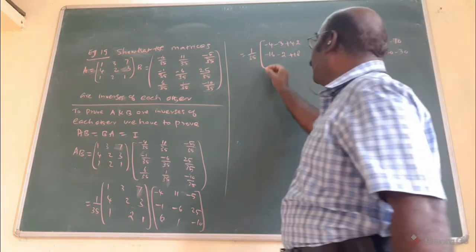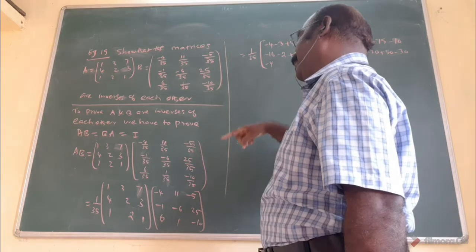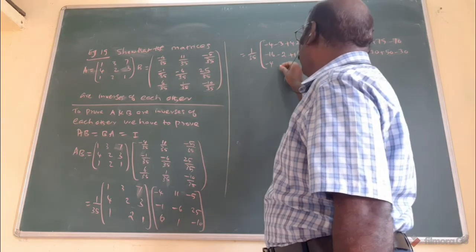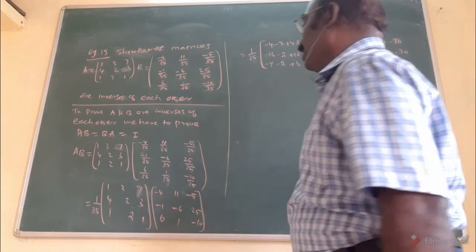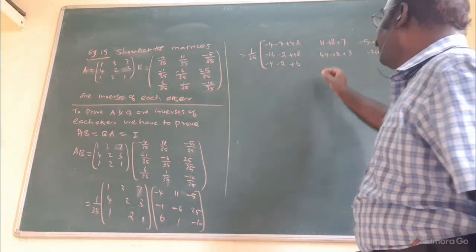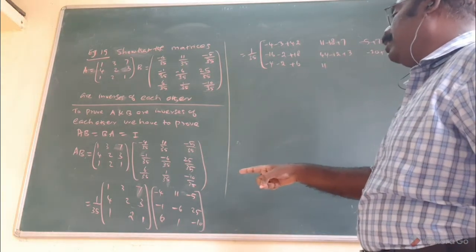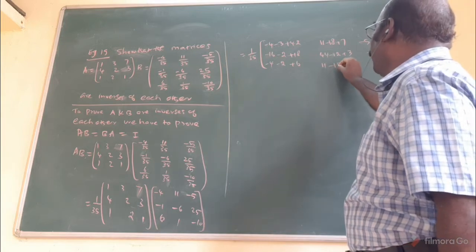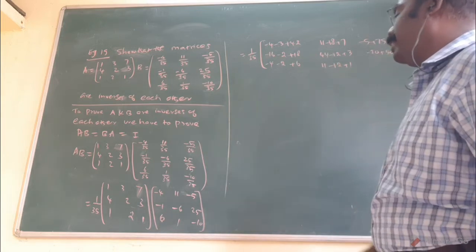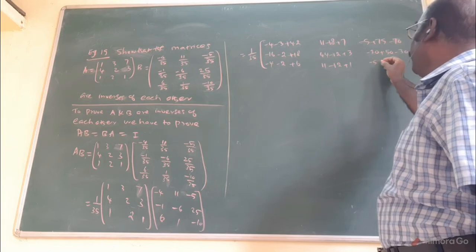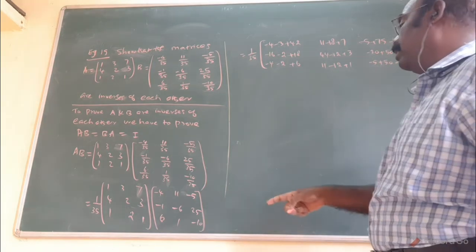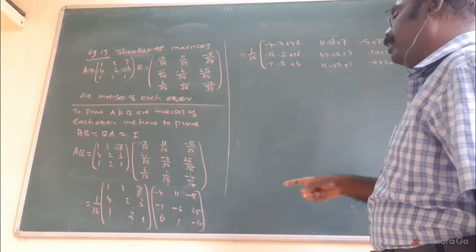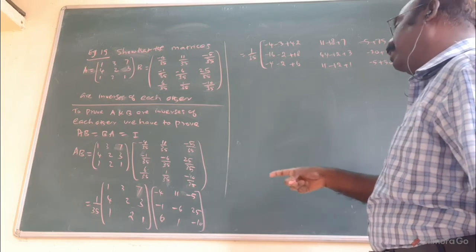Again, 1 into minus 4, minus 4. Next set. 2 into minus 2, minus 2. 1 into 6 is. Similarly, 1 11s are 11. 2 into minus 6, that is minus 12. 1 ones out. Last set. Minus 5 plus 50 minus 10. 1 into minus 5, 2 into minus 25, then 1 into minus 5.